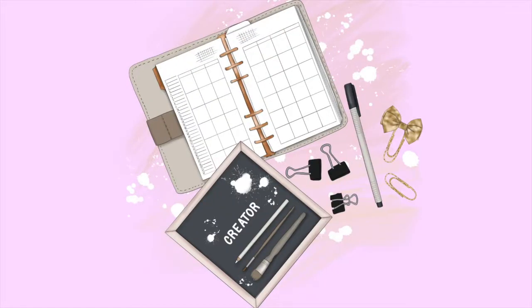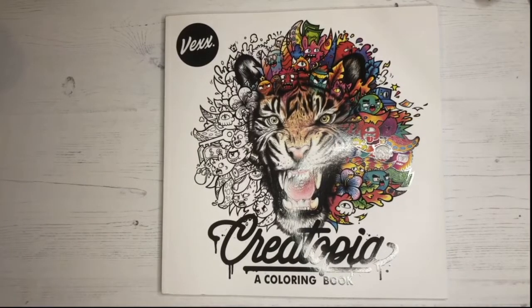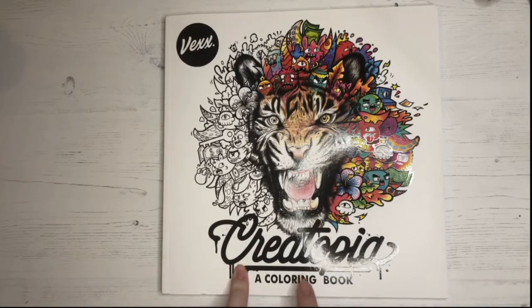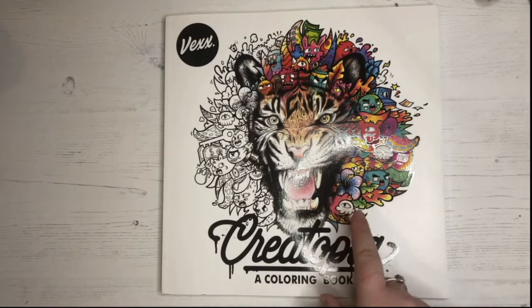Thank you so much for joining us today on this Friday evening in the UK, and I have another book to do a flip through of for you all today, and this one is called Creatopia, a colouring book. So what drew me to this was the doodles, because I do actually really enjoy colouring this type